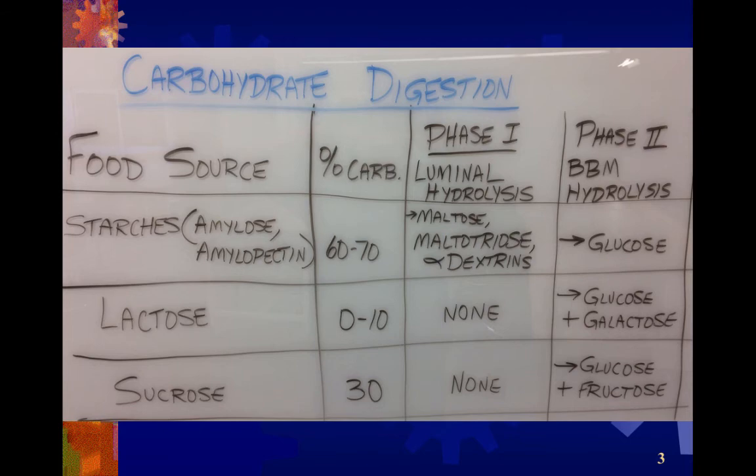In that case, they've treated the milk with lactase before it's sold, and so if you drink Lactaid milk, it doesn't have any lactose left in it, but it does have glucose and galactose, so Lactaid milk is actually a little bit sweeter than regular milk. And if you think about it,